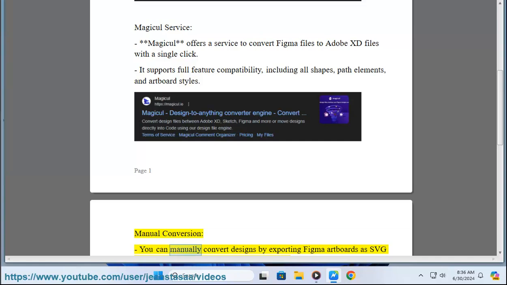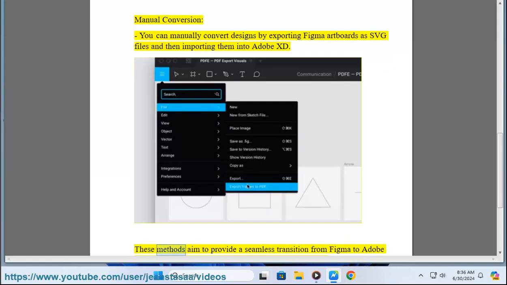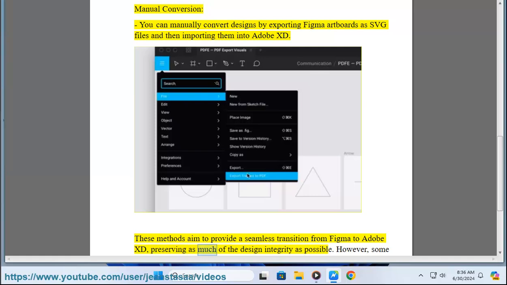Manual conversion. You can manually convert designs by exporting Figma artboards as SVG files and then importing them into Adobe XD. These methods aim to provide a seamless transition from Figma to Adobe XD, preserving as much of the design